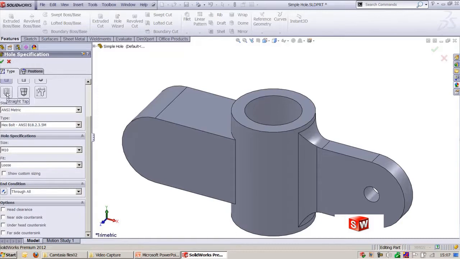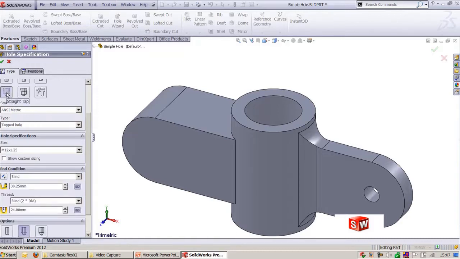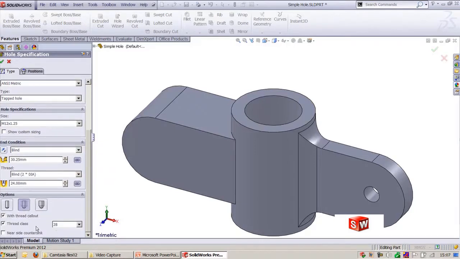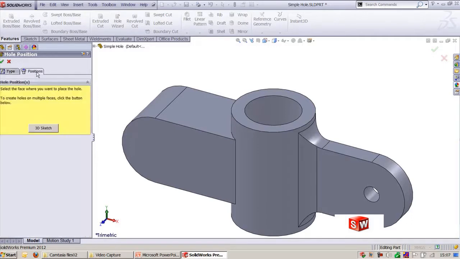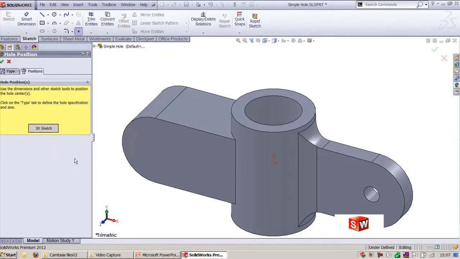And now what I will do, I will take this straight tap, and moreover I would like to have a cosmetic thread. I'll choose this icon, and here you can see the thread is given as dimension as blind into 2 into dia, and the thread class is 2B. And once we decided all this, you can go to position, and here you can, using 3D sketch, you can